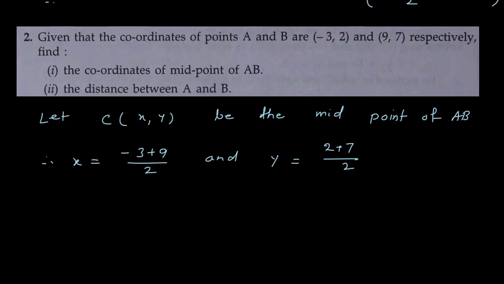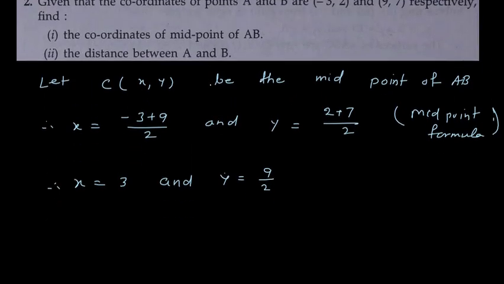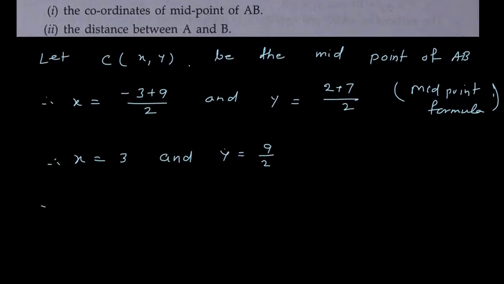So therefore we get x is equals to 9 minus 3 is 6, 6 divided by 2 is 3, and 7 plus 2 is 9, y is equals to 9 divided by 2. Okay, so 3 and 9 divided by 2 we get the coordinate of midpoint. Next we have to find distance between AB. So by distance formula,